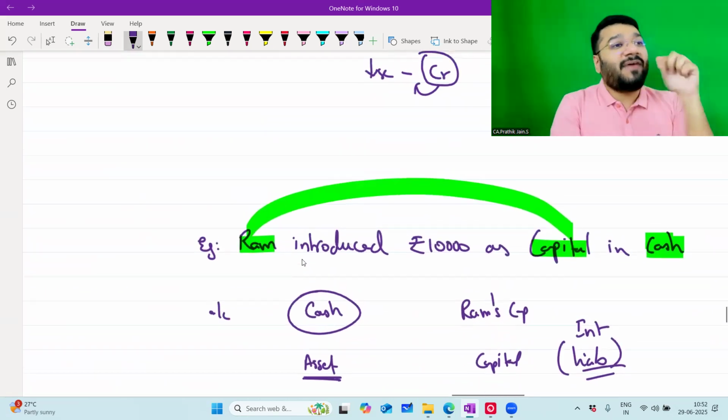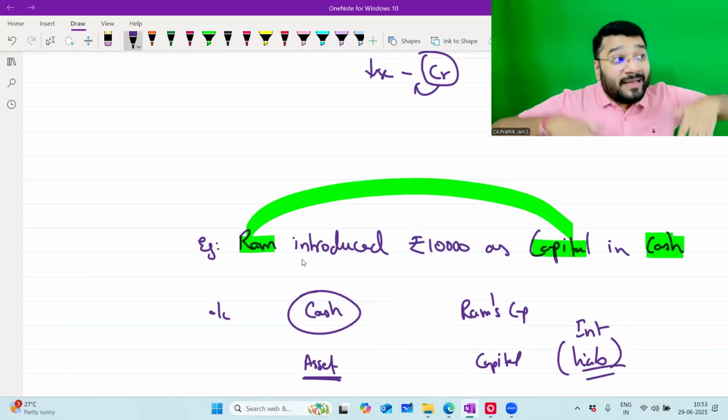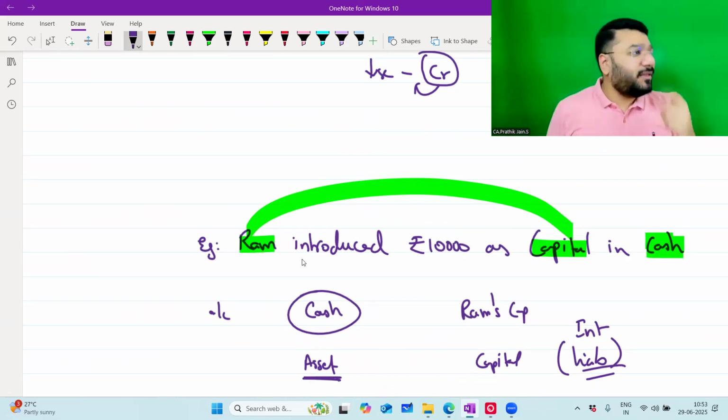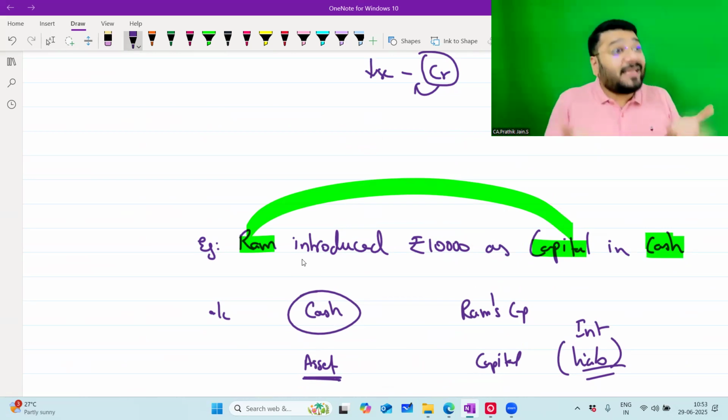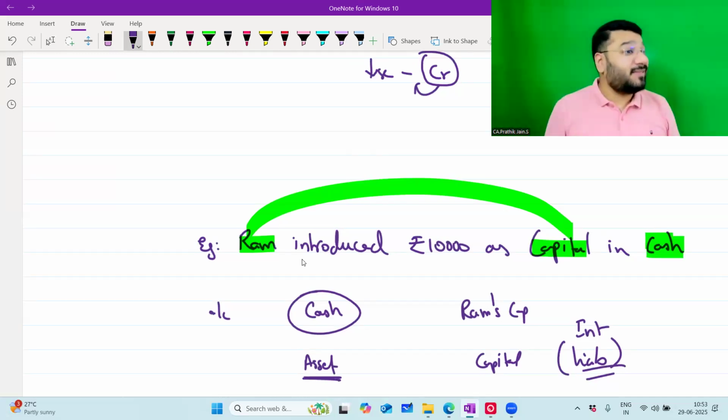Debit balance. If asset is debit balance, liability will be the opposite balance, credit balance. Wonderful. To increase asset's balance: when I say asset increase, what does it mean? If more cash comes in, cash balance will increase. If I get more money in the bank, balance will increase. If I get more asset, more furniture, more land, my asset will increase. To increase asset, what am I supposed to do?